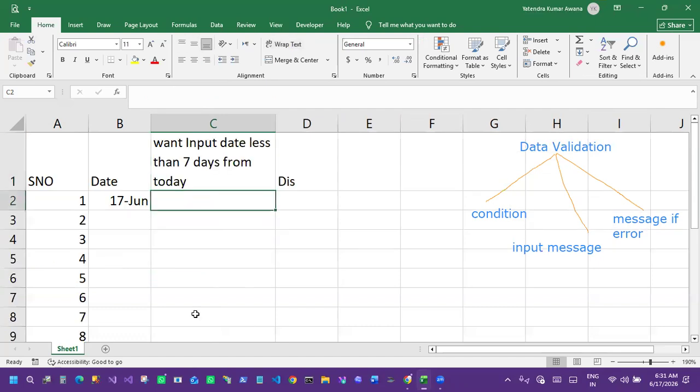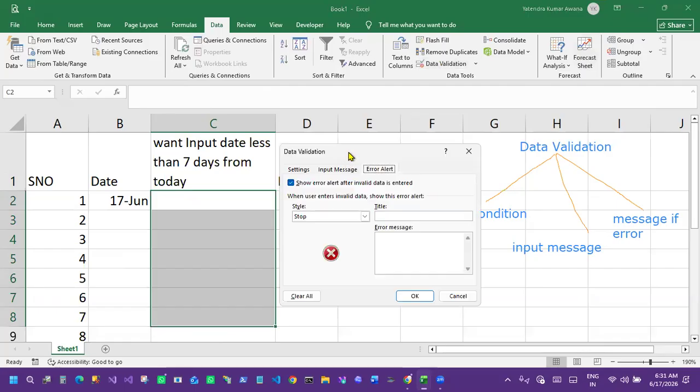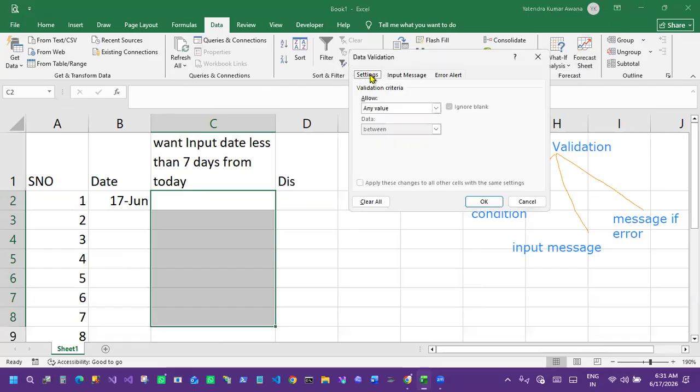So which condition will you apply? Data, data validation, date. In settings, you put date, and in date, less than, right? And how much? Equal to today.